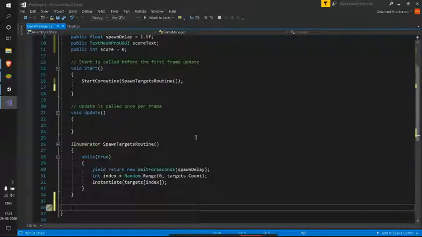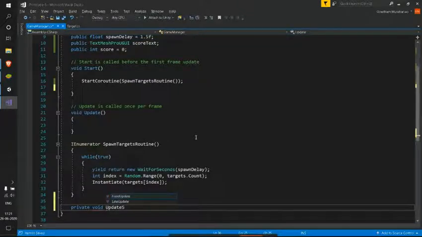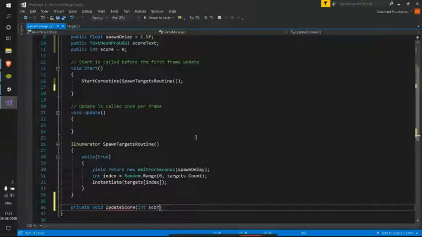I need a method which updates the score. So I can have this in this way: private void UpdateScore, and I'll be using this as int scoreToAdd.